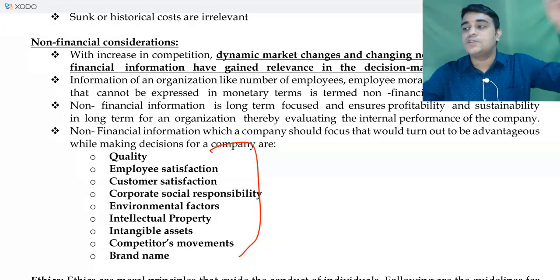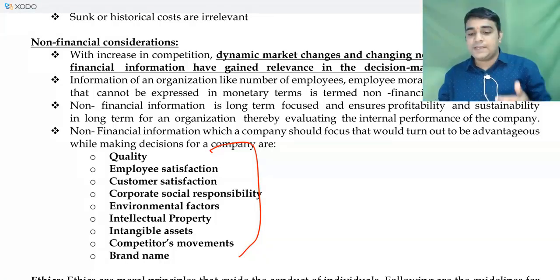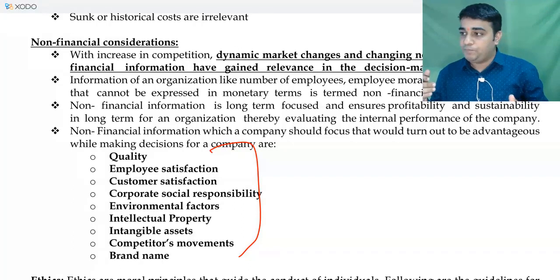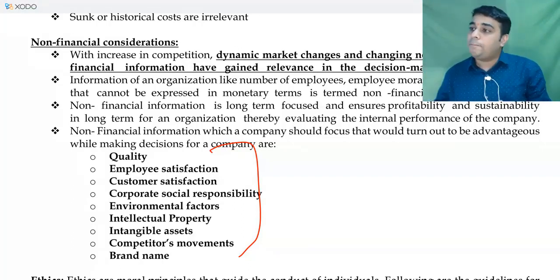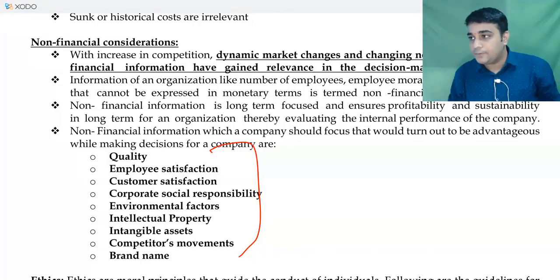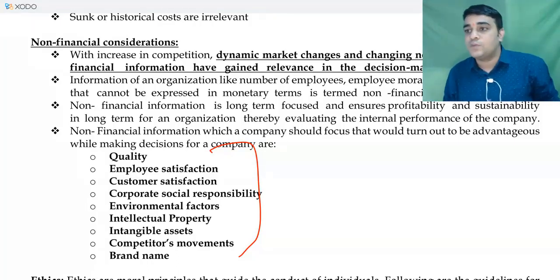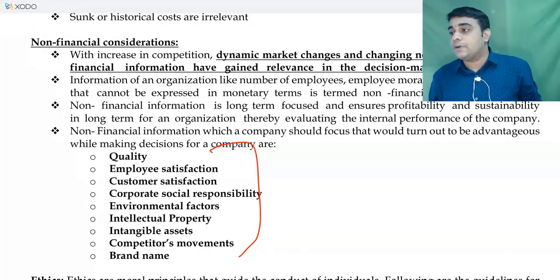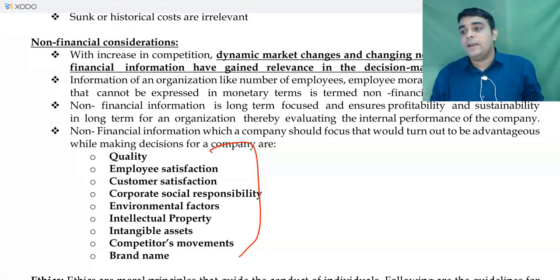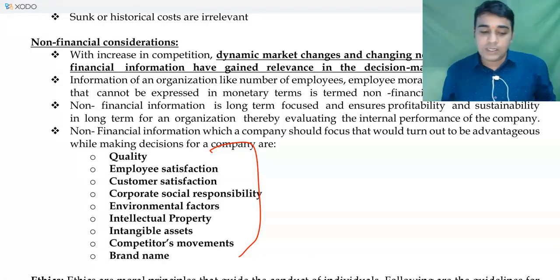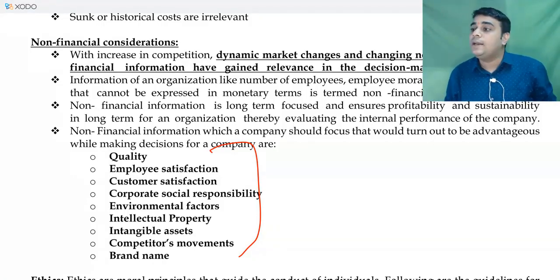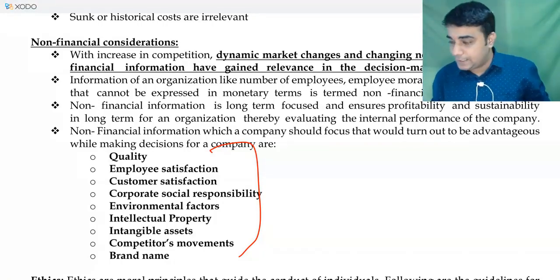So the company should also consider certain other factors. For example, there will be a decision called make or buy, whether you should make the product or buy it from outside. When you do financial analysis it will look good, but buying it from outside can have a quality impact, you are not sure. That is one factor you need to take into consideration, because the outside quality may be weaker or inferior to the in-house quality which the company is manufacturing. So think about the quality side. Is the quality likely to be impacted when you do a make or buy decision?